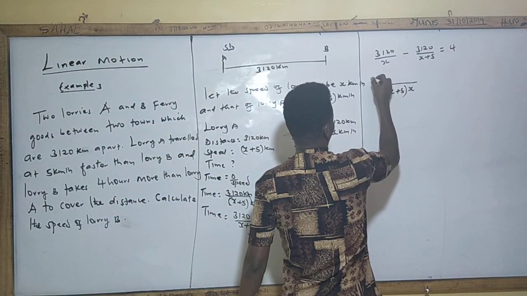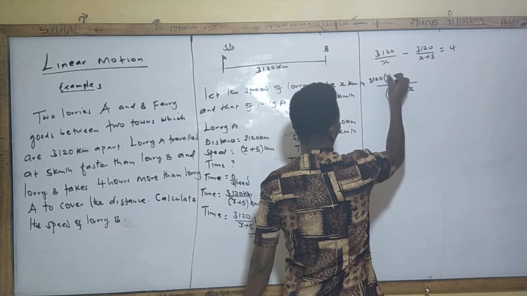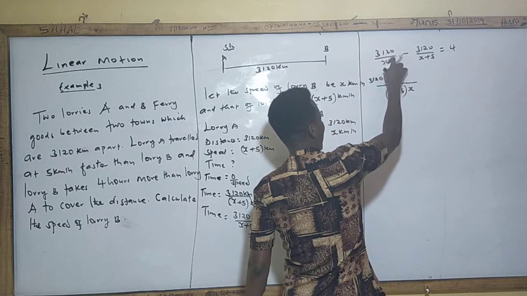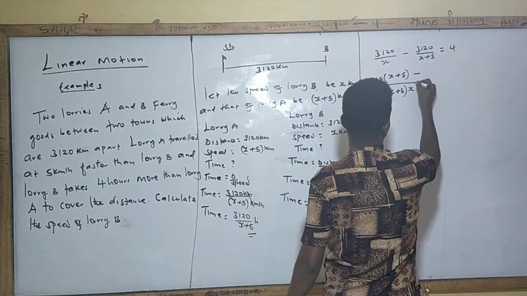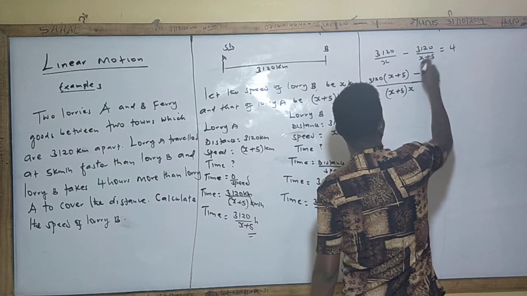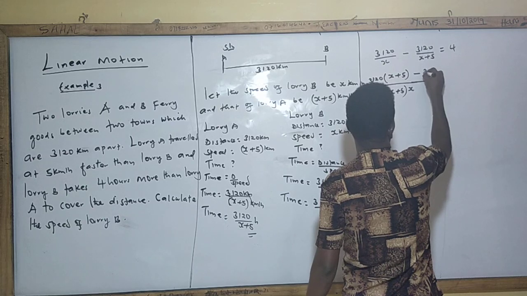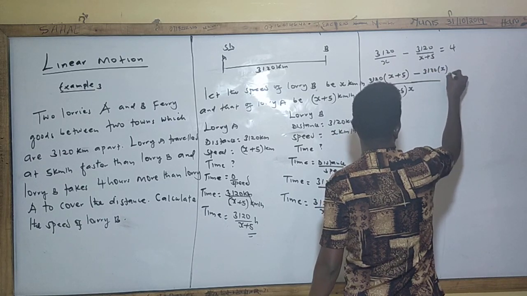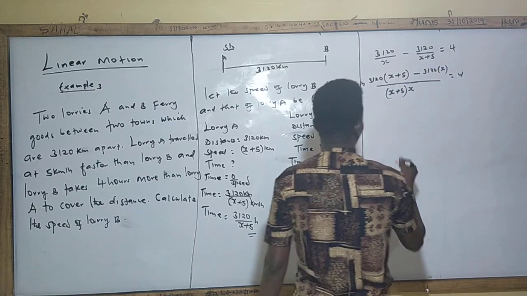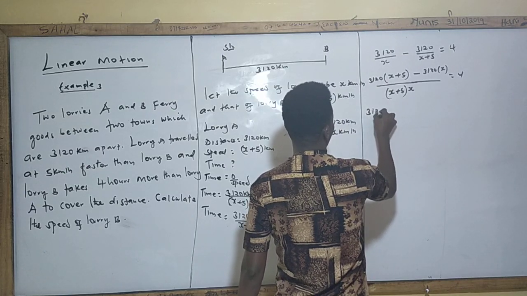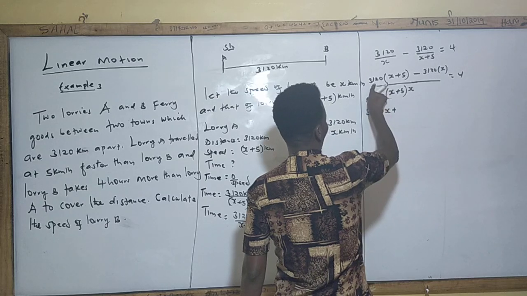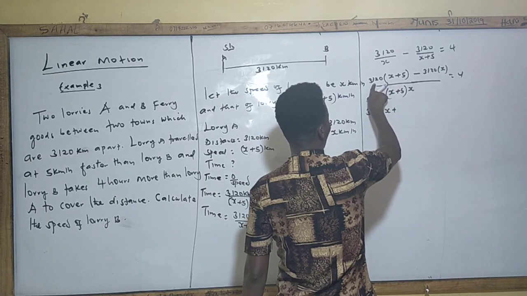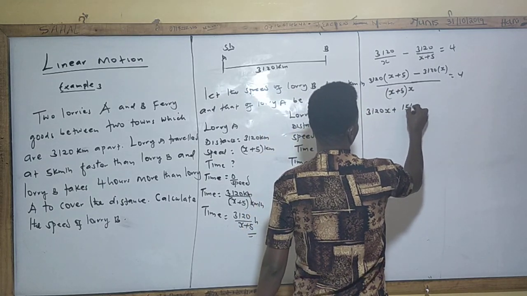This divided by this one, it will give me that 120 into... when you divide this one by this one, x and x will cancel. X plus 5, close the bracket, minus, okay, this divided by this, these two will move. It will be that 120 into x is equal to 4. So from here I will get that 120x plus that 120 times 5 is how much? 15,600